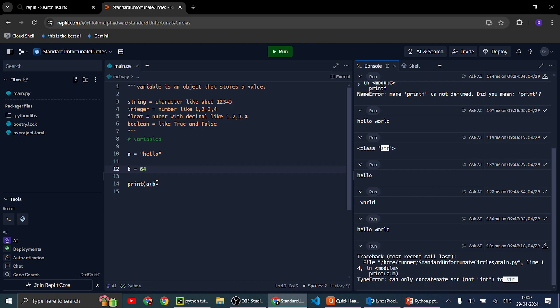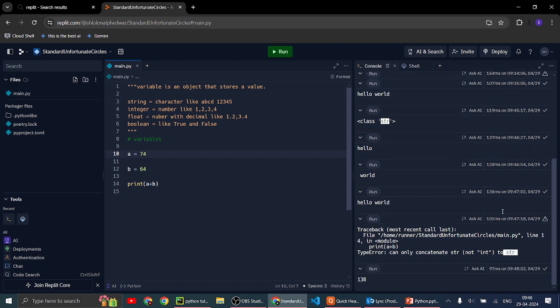So this is a wrong statement, as B is an integer. Now what if I put integer plus integer? Obviously it will give us the answer as 38.